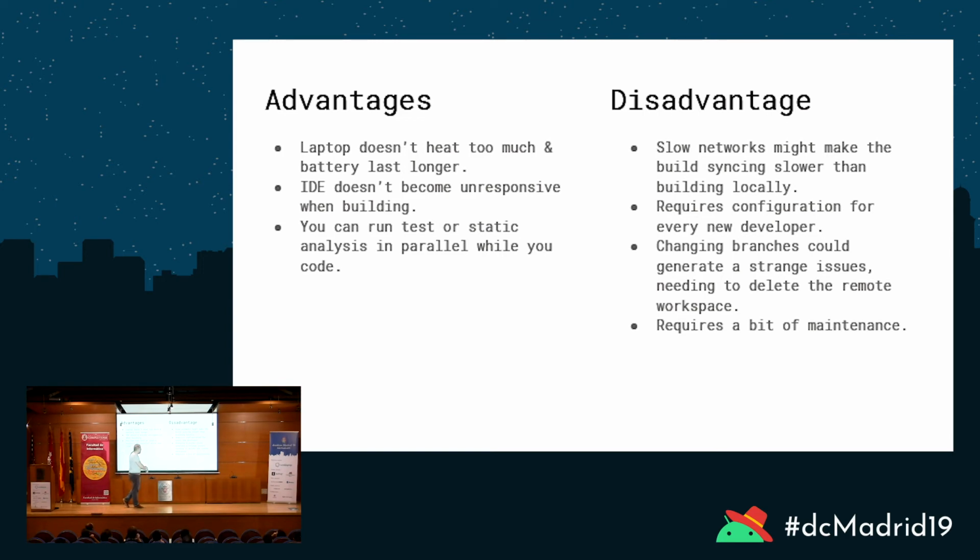Some disadvantages are that you depend a lot on the network. If the network is slow, I still say that you can use it for things like running tests. The things you want to run before going to CI, so CI doesn't keep breaking, you could do locally, and even if it's slow, you don't need the APK back. But again, that also depends on how big the thing is that you want to sync back. If you have a 100 meg APK and your network is quite bad, maybe this is not the best solution,